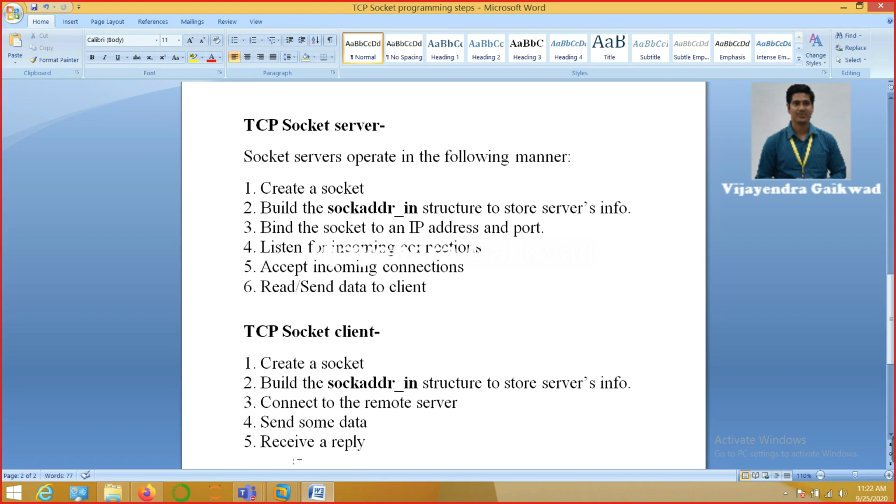In case of UDP, what happens is we don't establish any connection as such. We simply lay out the packets for the destined server, and we hope that the packets will reach the server in case of UDP connection, that is wireless connection.